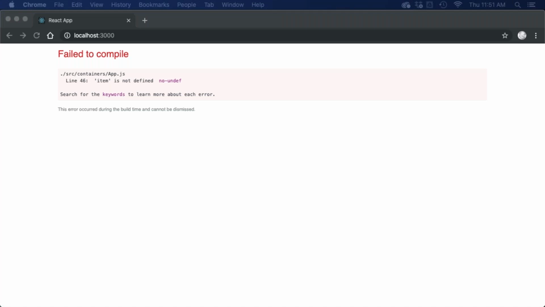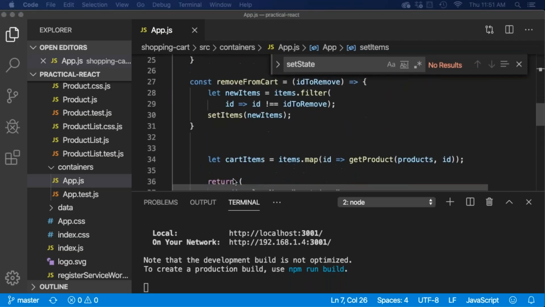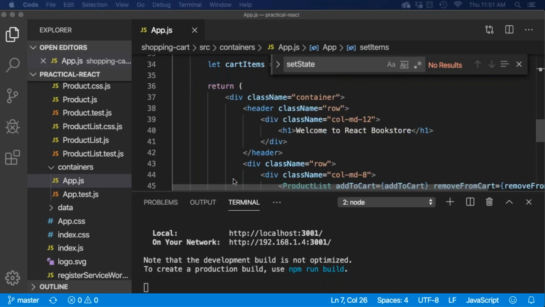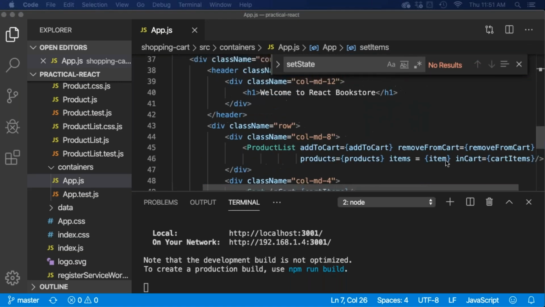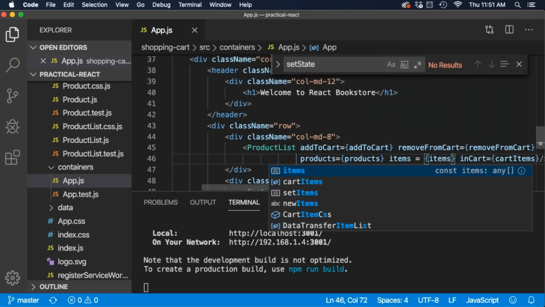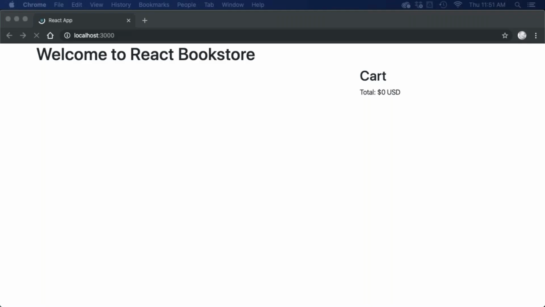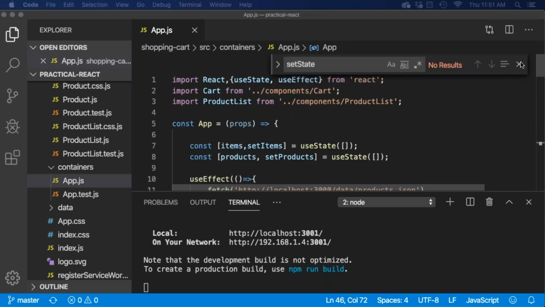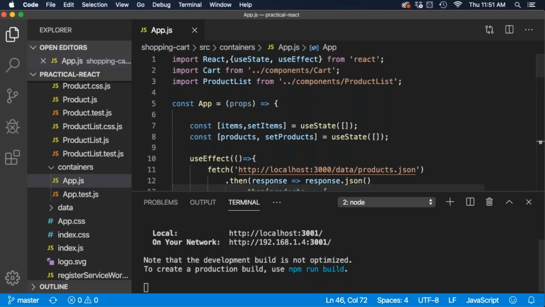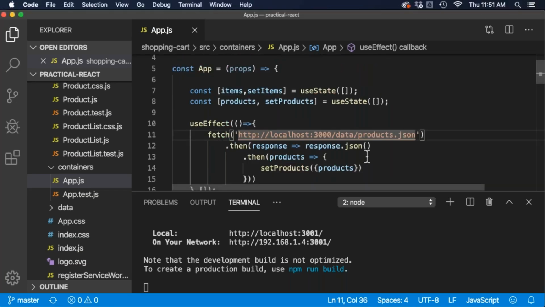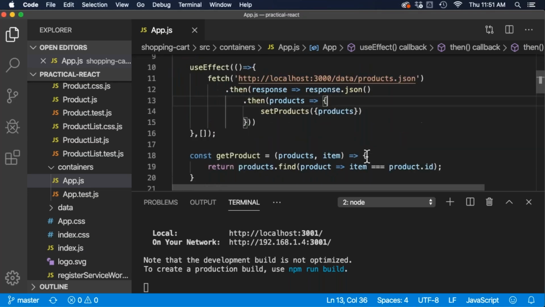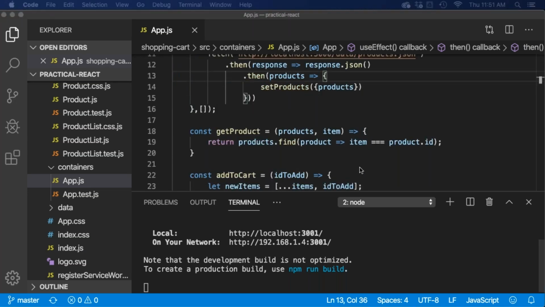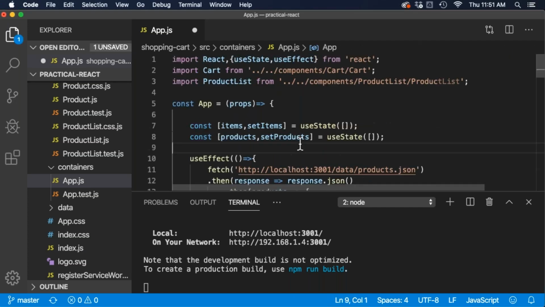We're almost there. Line 46, item is not defined. That should be items. So this is almost working, except I think there's probably a problem with fetching the data. So I'm going to just copy my solution file here really quickly, paste it in just to make sure that